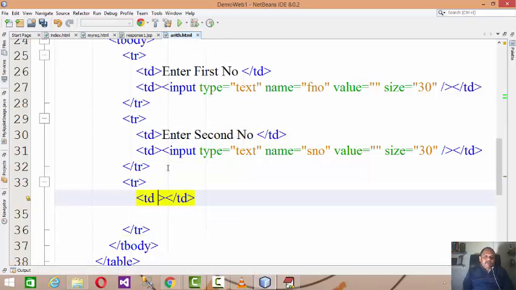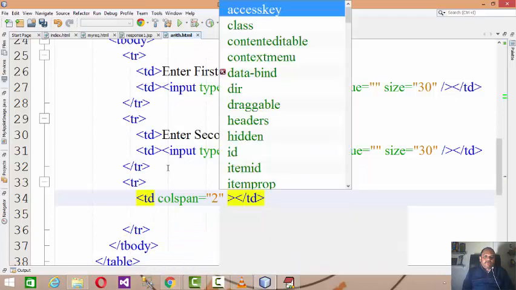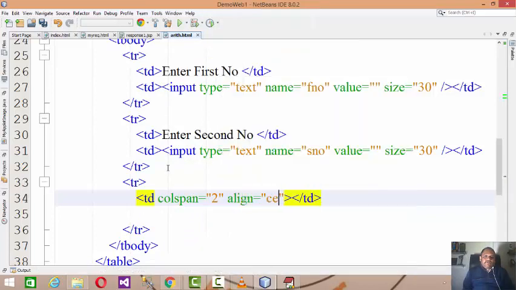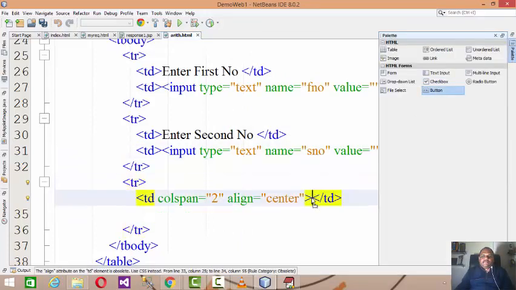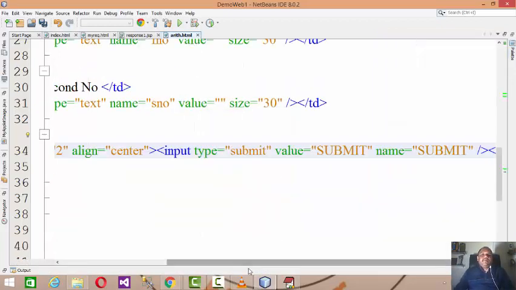You define the submit button here. Colspan equals 2 and align equals center. Make the button center aligned, and then you drag the button over here from the palette. So the button having name submit, give the same name to it, and type will be submit.